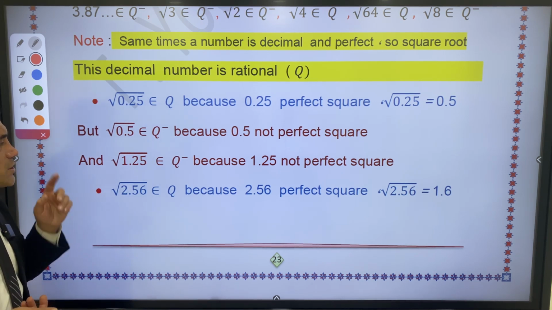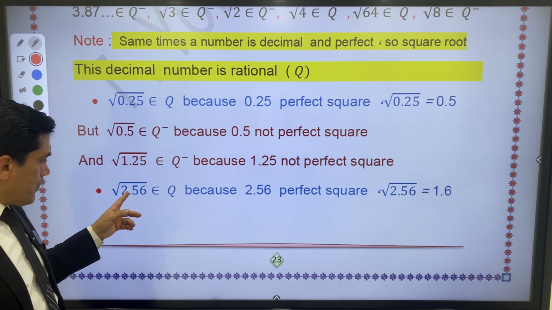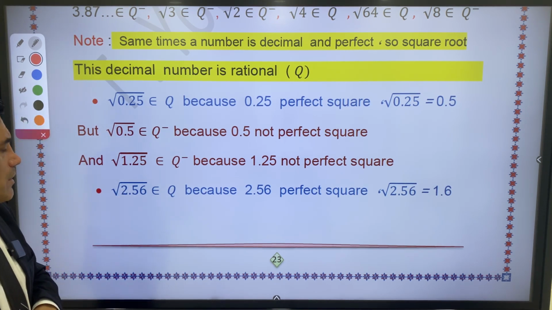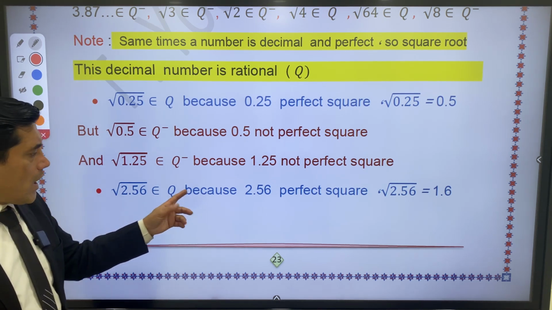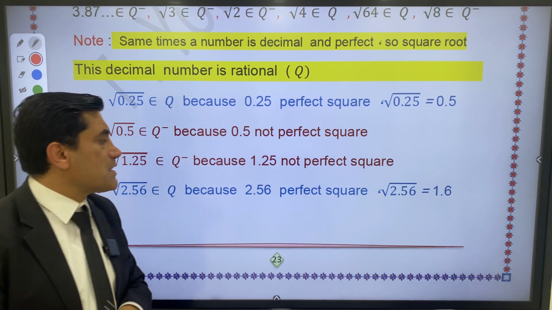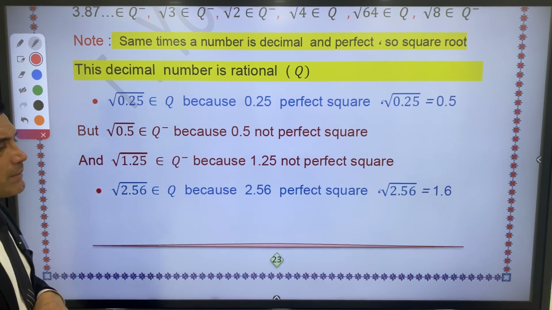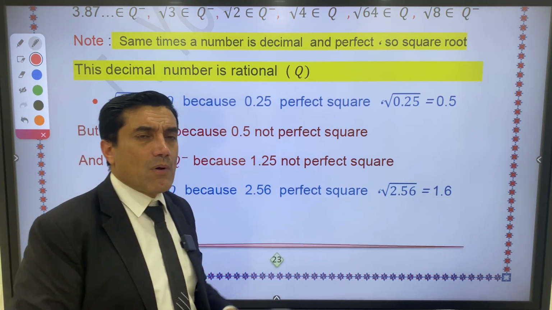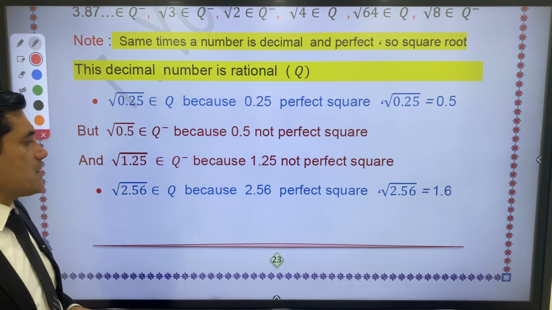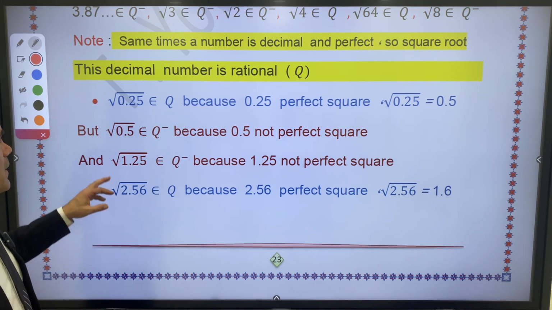But about the square root of 2.56, it is a rational number. Why does it belong to the rational numbers? Because 2.56 is a perfect number. Why is 2.56 a perfect number? Because 1.6 times 1.6 is equal to 2.56. So the square root of 2.56 is a rational number. That means